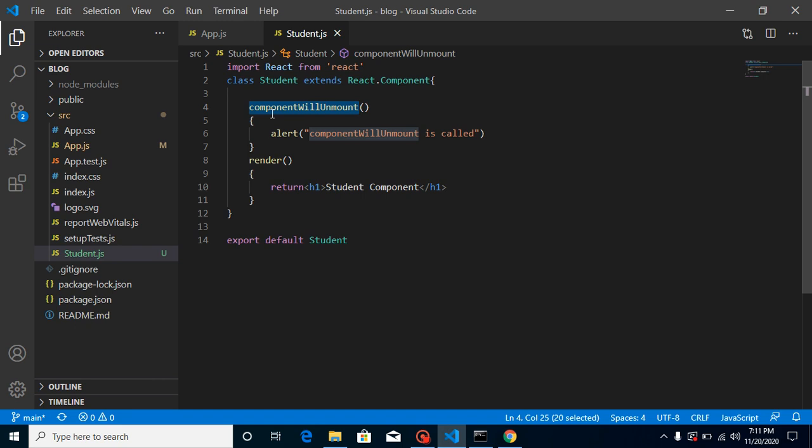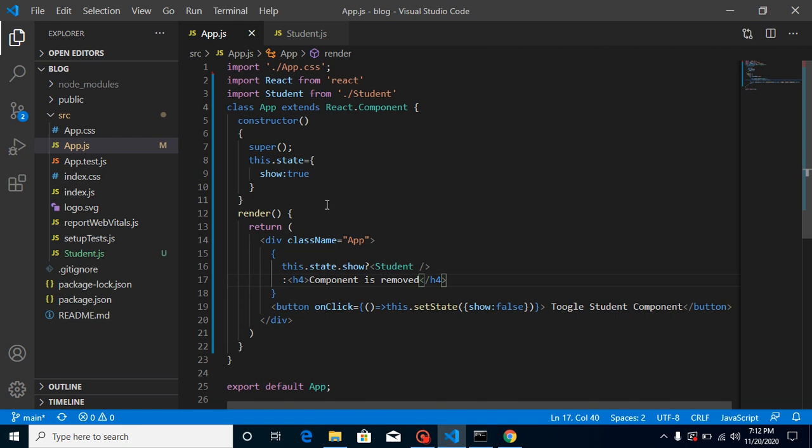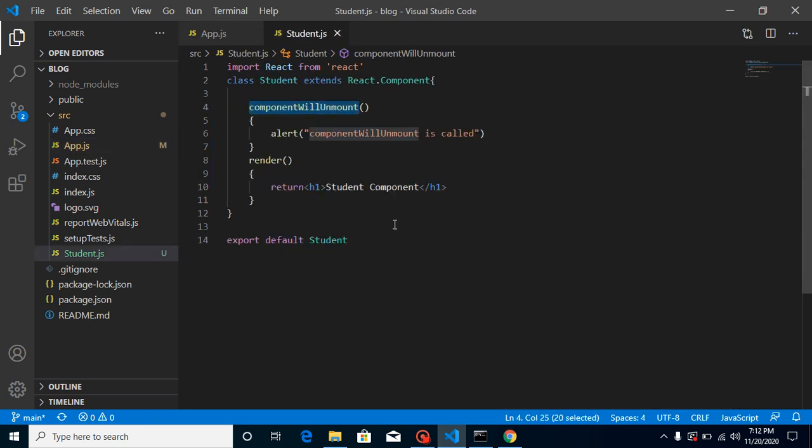And one more question some guys may ask. Let's say our parent component is a functional component and our child component is a class component. Will this lifecycle method work or not? Yes, this will definitely work. It doesn't matter whether our parent component is a functional component or a class component. The component in which we are using componentWillUnmount should be a class component, and it will definitely be called here, right? You can get this code from my GitHub account also.